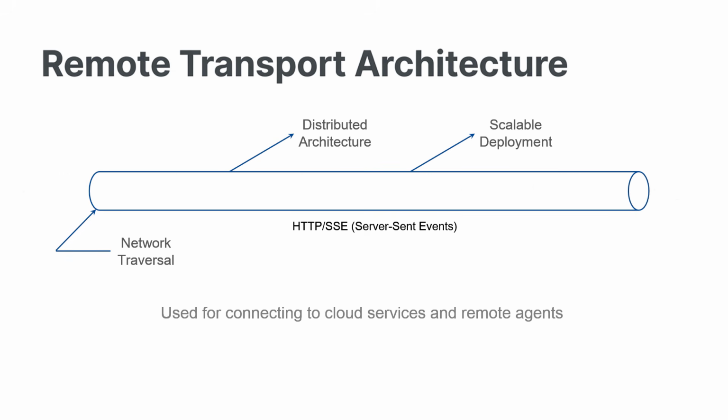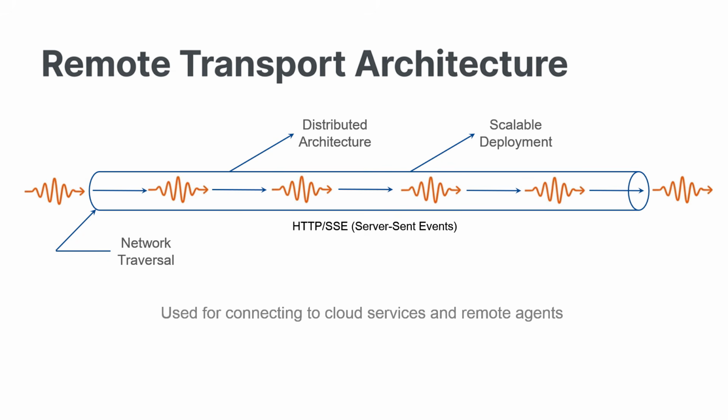Bottom line is that in a remote topology, the MCP server is no longer a sub-process of the host application. Instead, it lives as an independent process within your cloud environment. However, because it's going over the internet, it requires robust connection management. You have got to handle things like network drops and security across distances, which is why we use some clever tricks to keep it reliable. In summary, remote architecture is the blueprint for AI scalability, providing the Rosetta Stone for connecting your organization's AI agents to its most critical cloud resources.